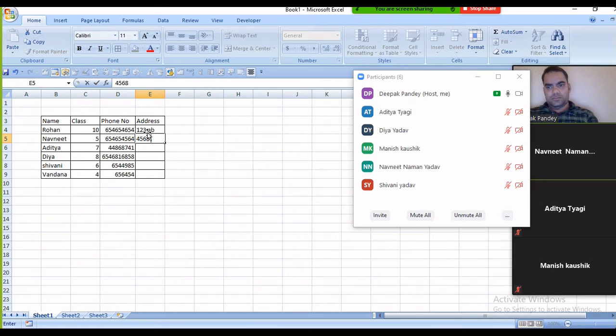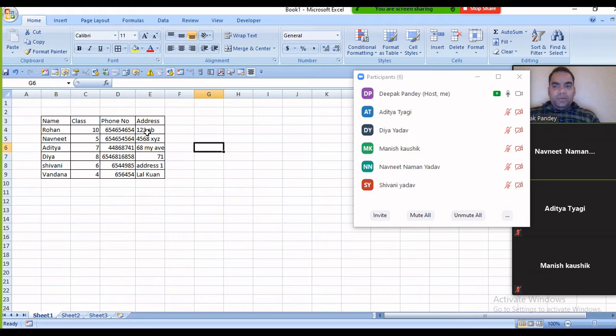Our table is ready for using the VLOOKUP function.